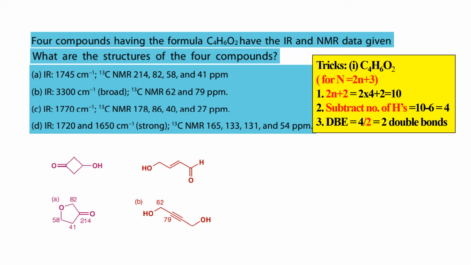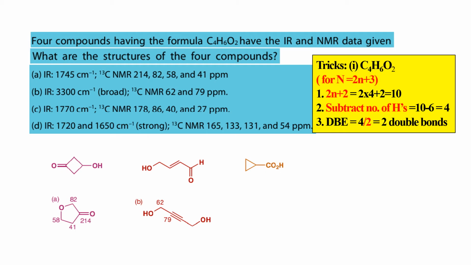This is the compound. See here, only 2 carbons are there. The other 2 are symmetrical, so the same thing will proceed over here. For the next one, this we can suggest. Okay, see, this is the carbonyl group. The carbonyl group is there in that COOH, and this is an acid derivative. From this we can conclude it.